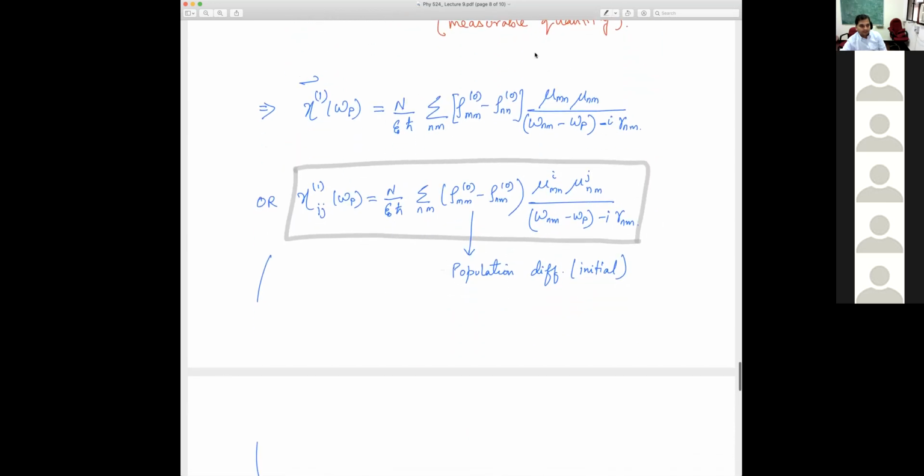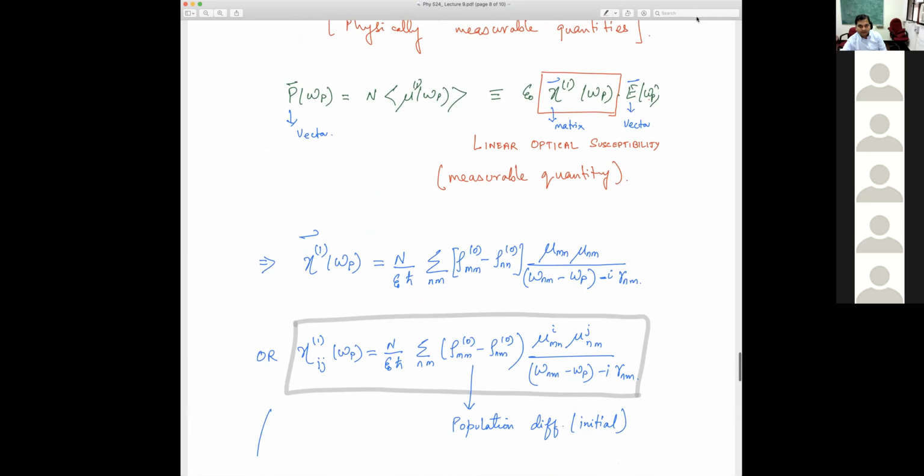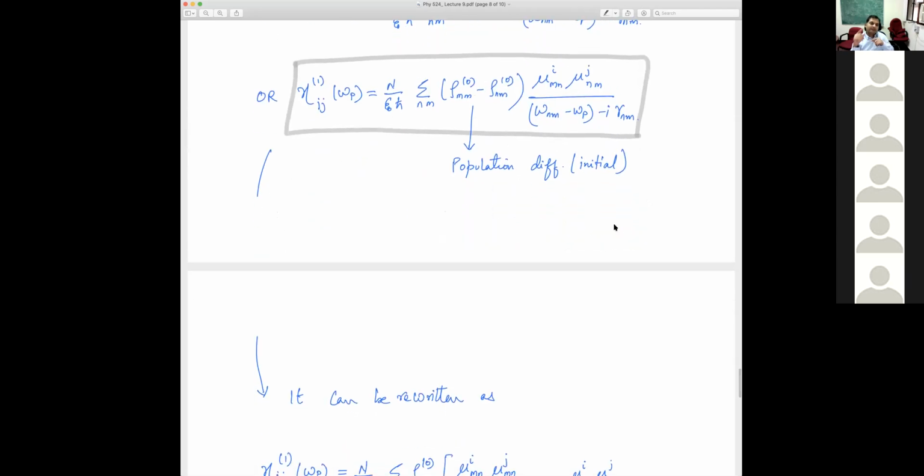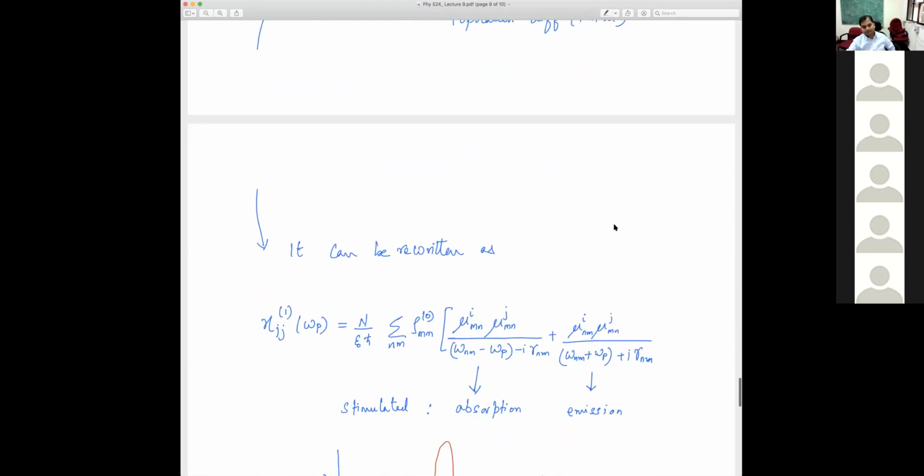Okay, so using the density matrix obtained, we explicitly calculated chi, and chi had this form. So clearly, when the population difference between the two states, the excited and the lower ground state, is equal, then everything vanishes. But if they are not equal, then I'll have some contribution of chi ij. And depending on whether the population in the excited level is higher, I will have mostly emission. If the population in the ground state is more and the excited state is less, then I'll have more absorption, and so on and so forth.